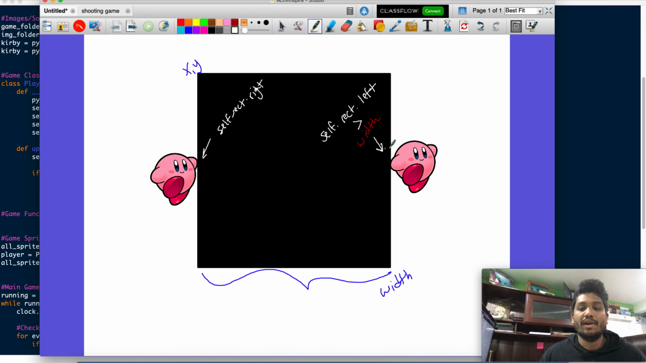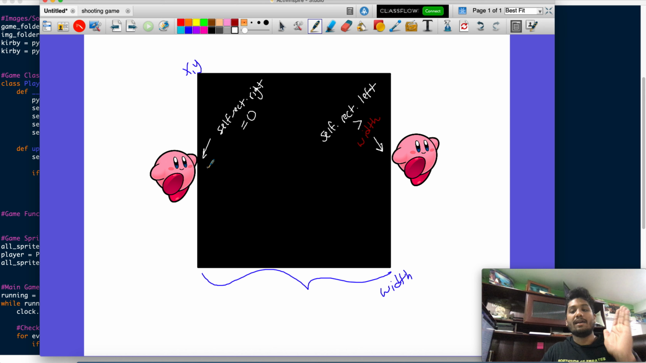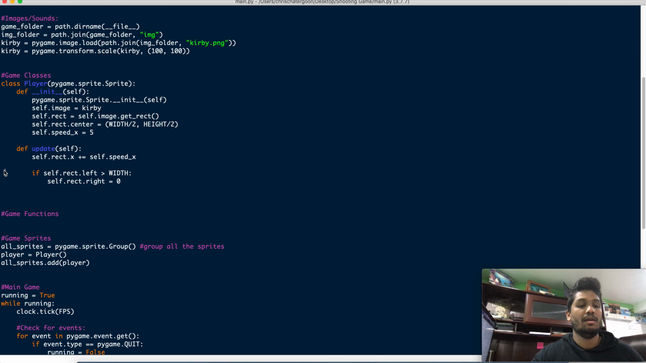Now when we move the left portion, as soon as this gets off the screen, we're going to set the right part of the rectangle equal to 0. So it's going to start from here, and then it'll add 5 every single time. Let me just show you what that's going to look like. If we go ahead and rerun this,